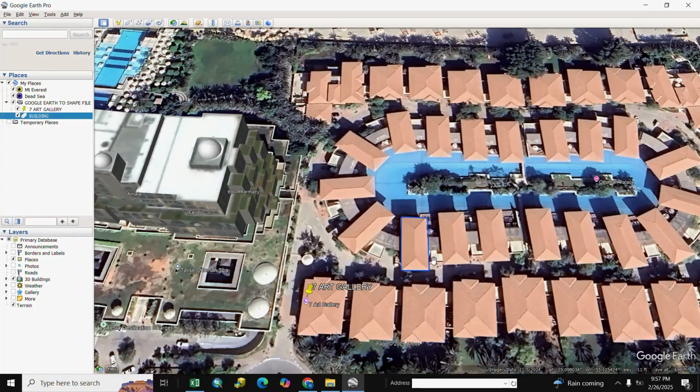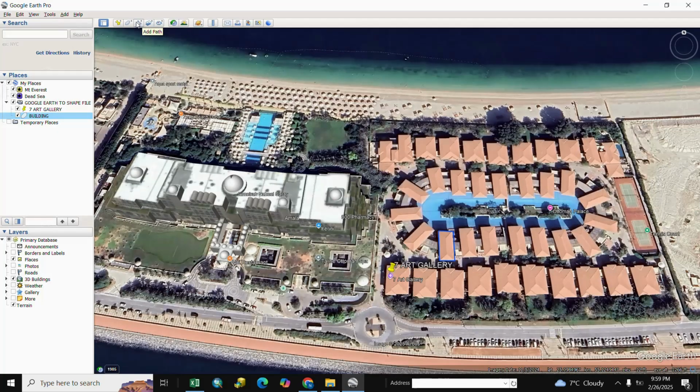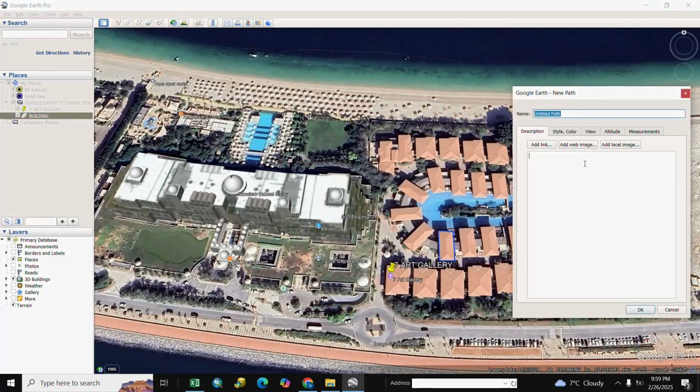Here is our polygon. Next we add a path, meaning line. We select it and write here Road, and we capture it as per our requirement and OK.